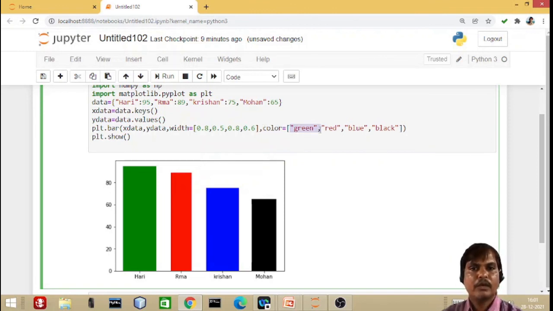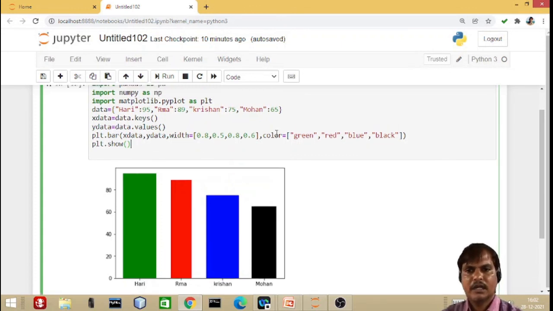If you want to give a single color, you can use a single element without any list. And if you want to give multiple colors for each bar, you can specify, inside the list, that many colors as the number of bars you want to generate, and you get your bars generated. Hope you are able to set the width and the color for your bar according to your style and requirement. If it is a multiple requirement, you can set it different, or if it is a single requirement, you can set it single also.